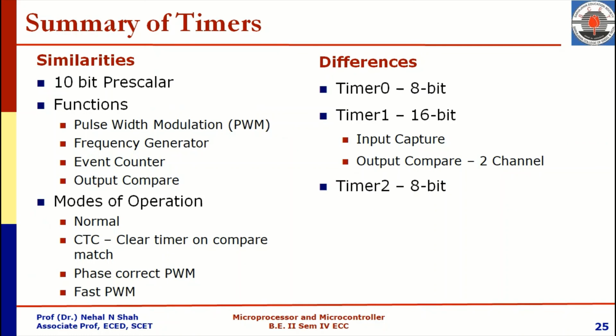Only when we are programming timer 0, we should use timer 0 registers. For other timers, we need to use registers associated with those timers. So in the next part, we are going to look at how we can do the timer programming for the AVR Atmega 32 microcontroller.